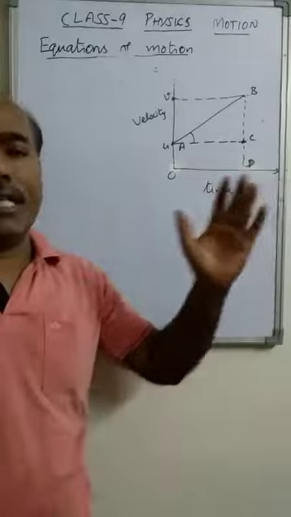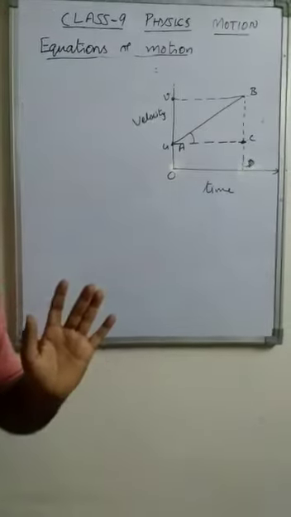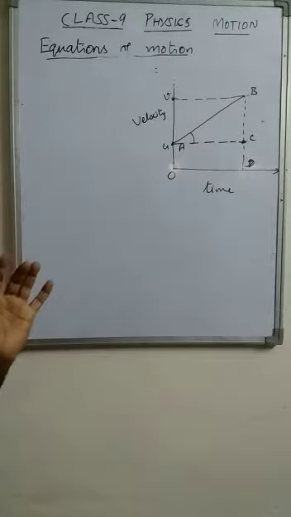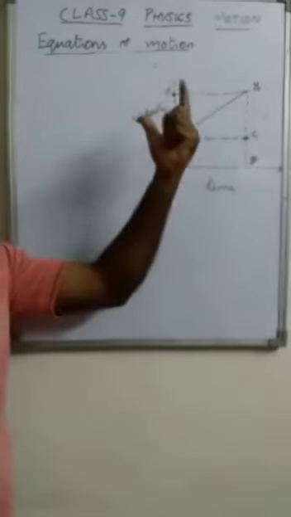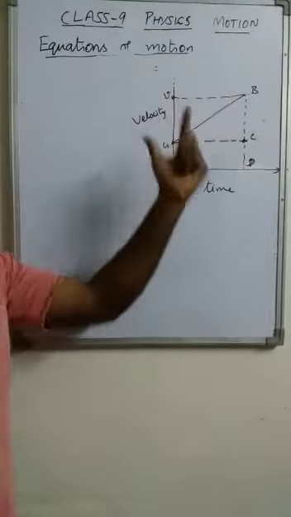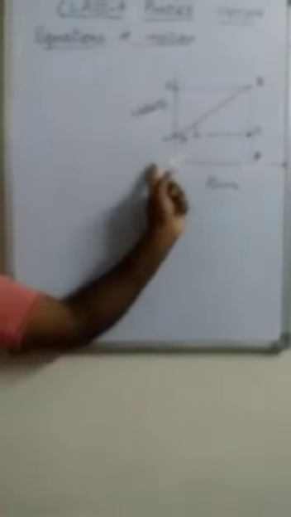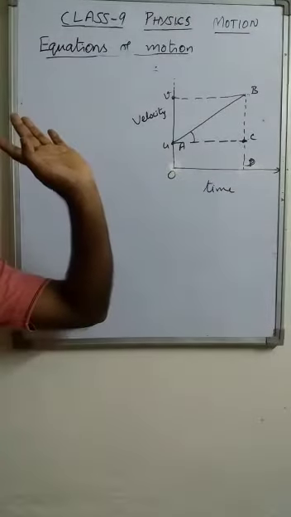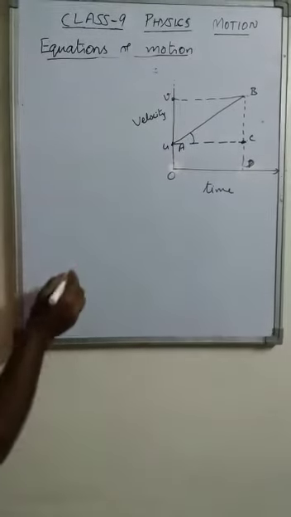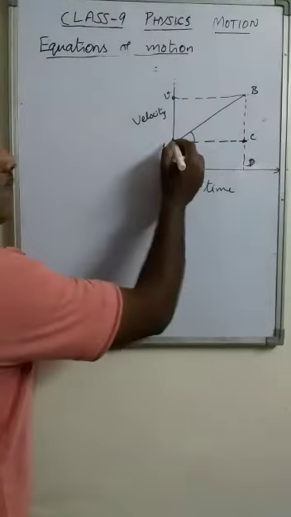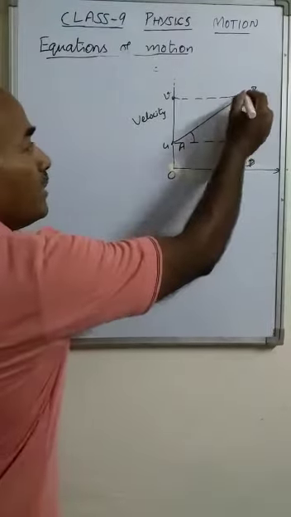Distance in the same direction, in a straight line. So we can say that it is displacement also. Now we can find out how much distance is traveled by that object from initial to final time, if we find the area of this graph.